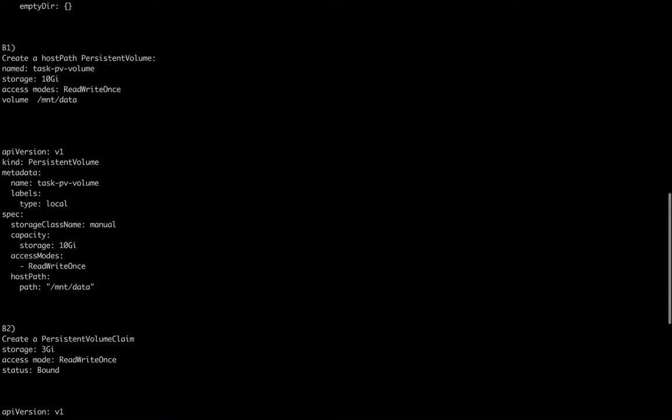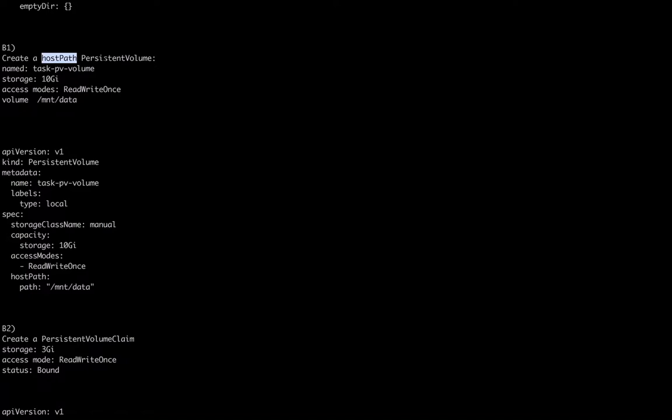First, we need to create a persistent volume, and again we got the type hostPath. I'm not going to deep dive; you have to find out how many ways there are to create a persistent volume. But in the exam, the probability of being asked for hostPath is higher compared to other types.